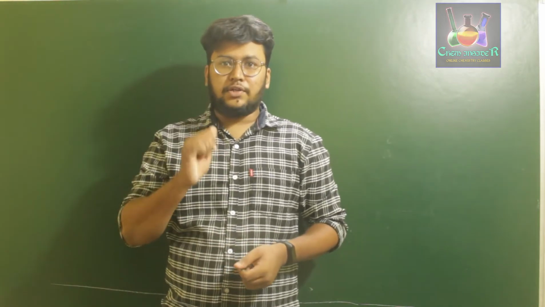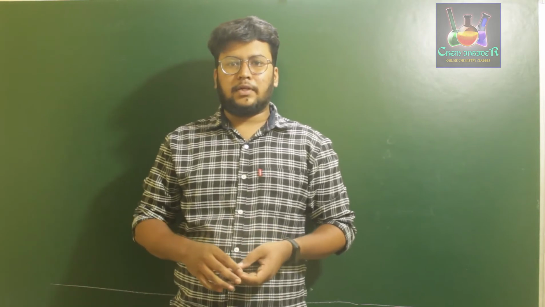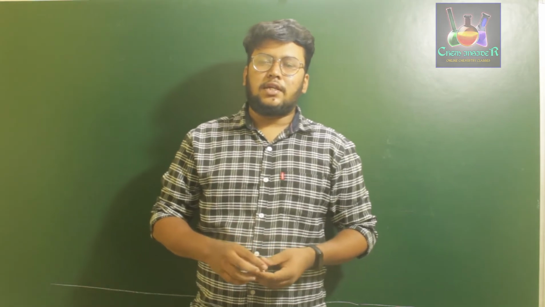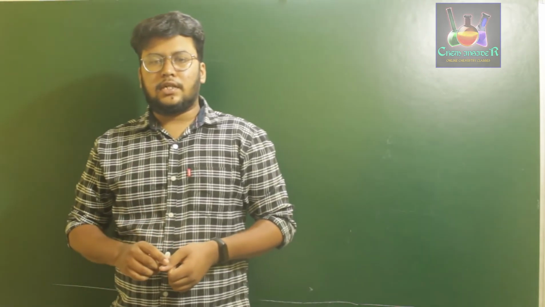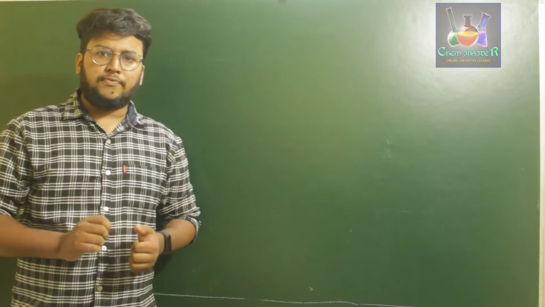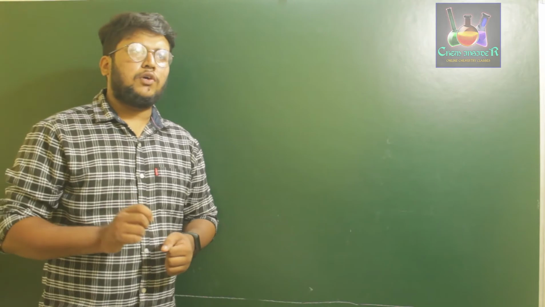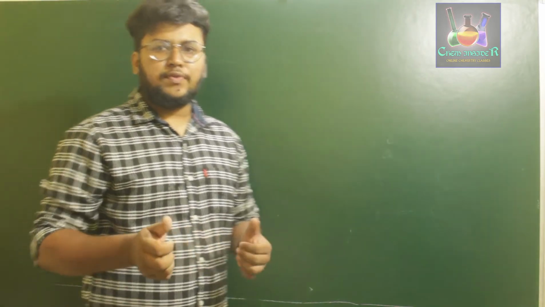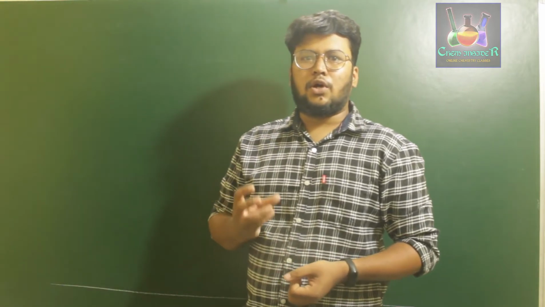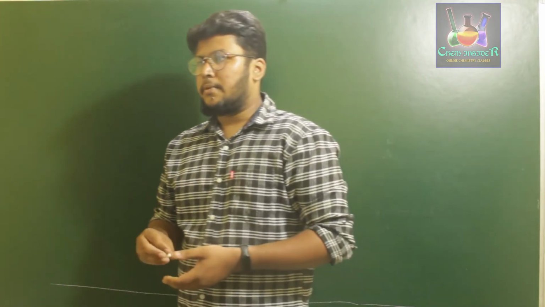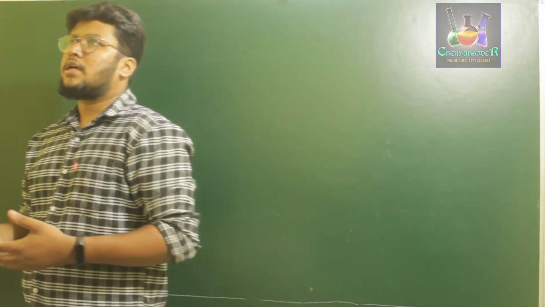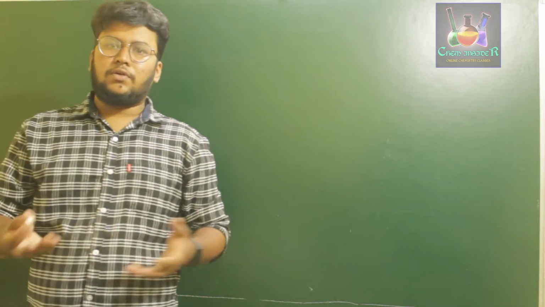In today's class we are going to discuss the next topic from our general classification of elements and periodicity of properties, that is the second important periodicity, ionization enthalpy. So what is ionization enthalpy first of all? Whenever an ion has to be formed, as we discussed in the ionic radii concept, electrons have to be lost by an atom. An atom has to lose electrons to get converted to ions, and in some cases it has to gain electrons to get converted to ions.